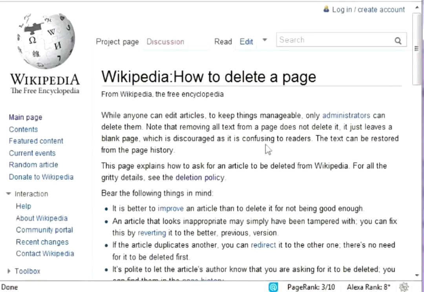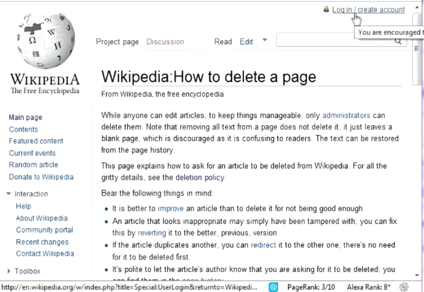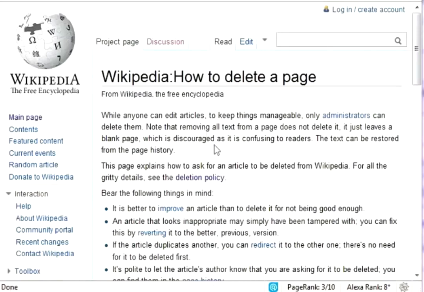And the way this works is you nominate the page to get it deleted, and then an administrator will come in and actually delete it. And if you want to get really black hat about it, it's sort of a dirty trick, but if you know how to use proxies, which means you change your IP address, you could actually create a bunch of accounts all with a different IP address, and then log into each account, switch IPs, log into the next account, switch IPs, log into the next account, and switch IP addresses,